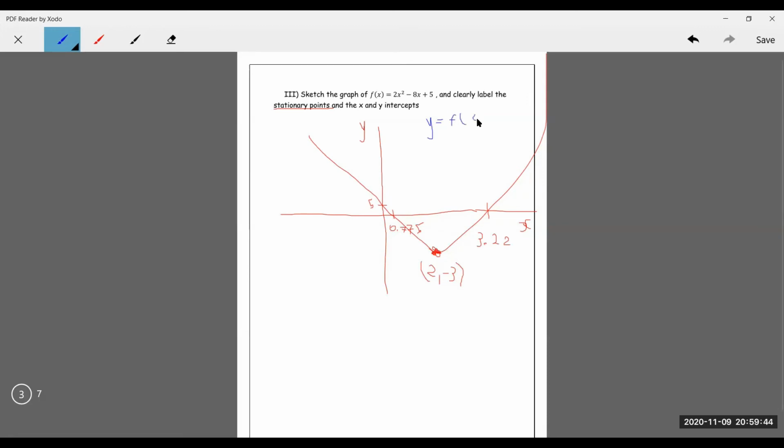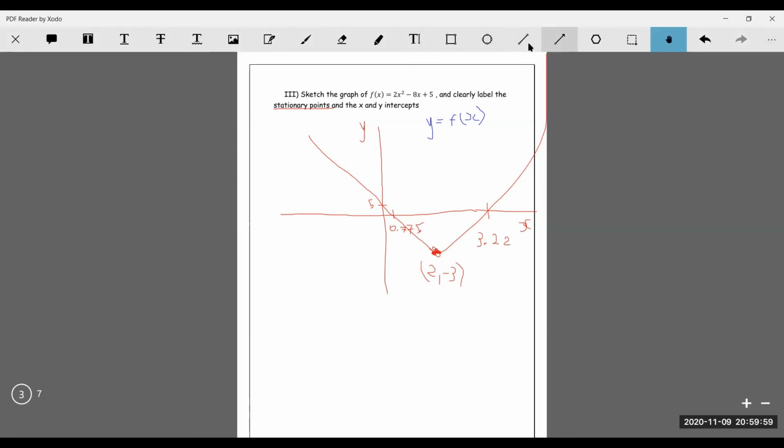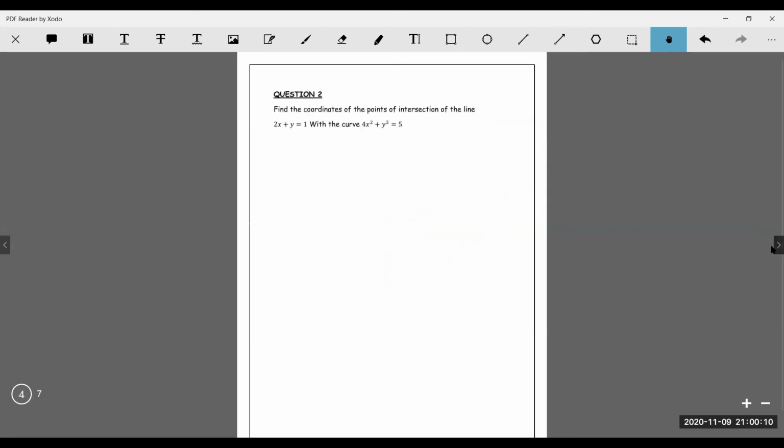All right, so they didn't give us a specific domain. This is how we would sketch the graph of this function. Very easy. It's not an accurate sketch. Could have been done better. I could have utilized the arrows and the curves and everything to pretty it up. But guess what? It's a sketch. All right. So that's no issue. All right. Now,